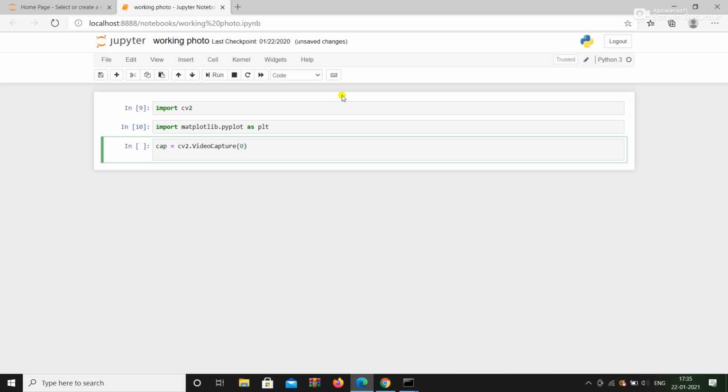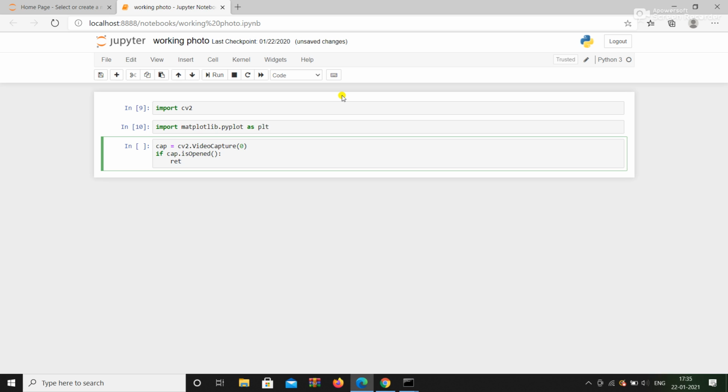Now from the next line, if cap.isOpened() with a capital O, then from the next line write ret.